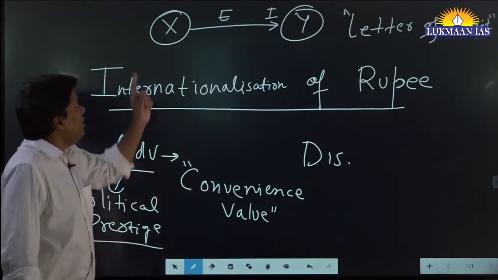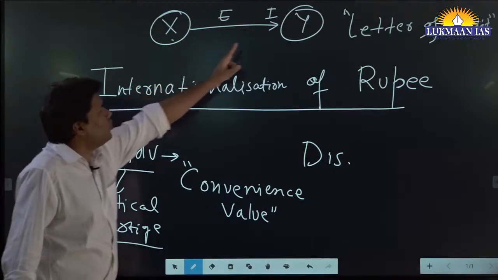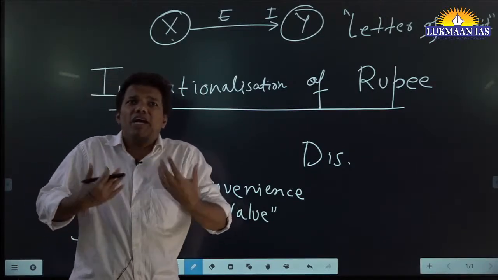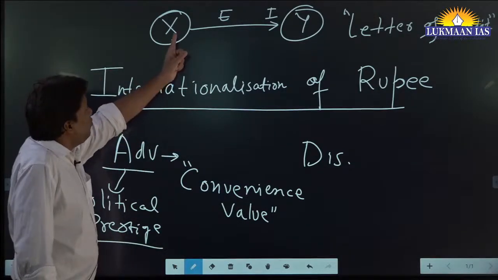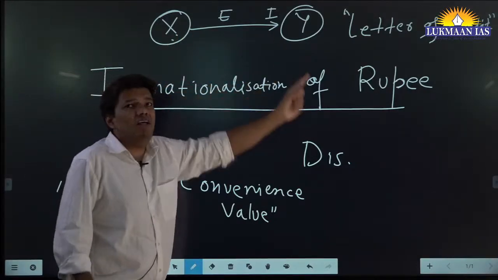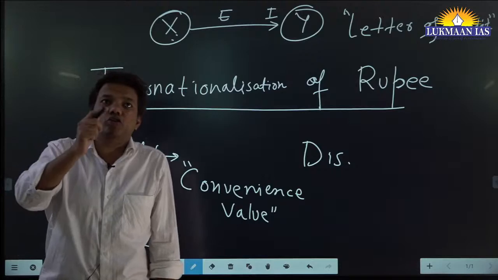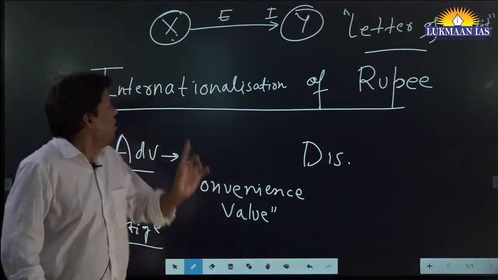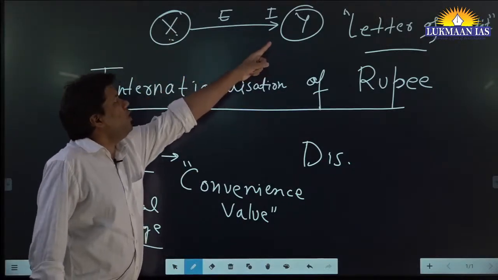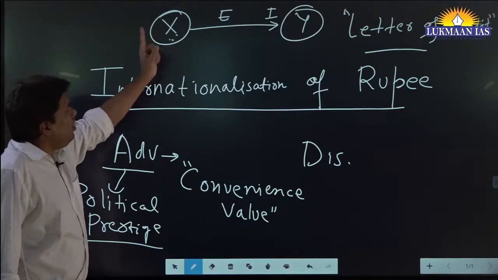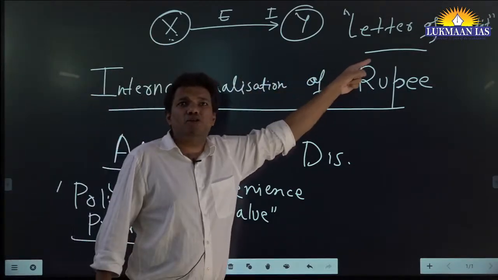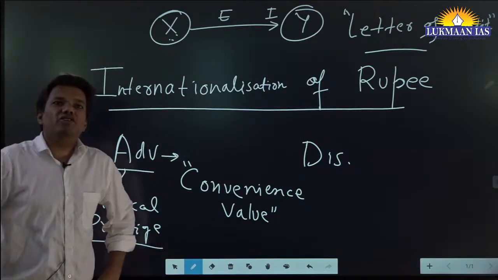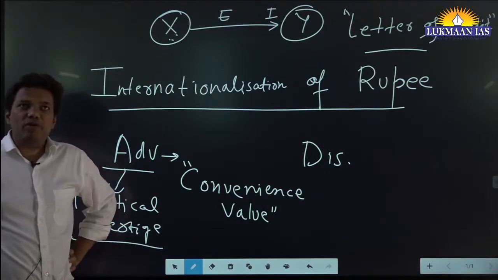What is the meaning of letter of credit? Let's say country X is exporting to country Y. When the country is exporting, it will need some security about whether it will get payment or not. So the exporter, country X, will tell the importer, country Y, give me some assurance, and that assurance is given by a letter of credit. A letter of credit is issued by a bank, and it says if country X exports, then country Y will pay, and if country Y does not pay, then the bank will ensure that country X gets the payment. This letter of credit is generally issued in USD. You got the point now.